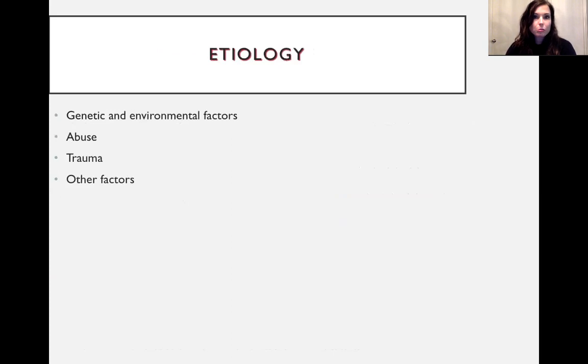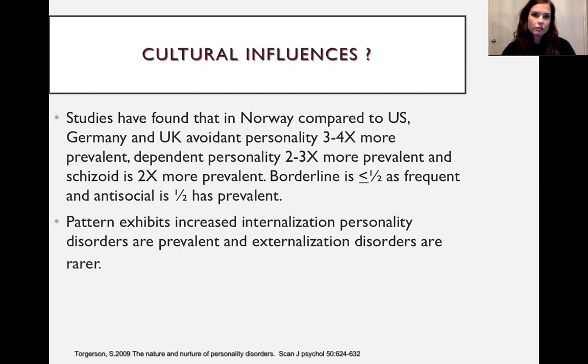Etiology. So why does this happen? How does this start? Well, just like any other mental health disorder or condition, there's a whole host of reasons why someone is the way that they are. But there are genetic and environmental factors that can contribute. If someone genetically came from someone who maybe has a personality disorder, it might be a higher likelihood that they end up with a personality disorder themselves. Also, chaotic environments with abuse or trauma involved growing up can really contribute, and other factors as well.